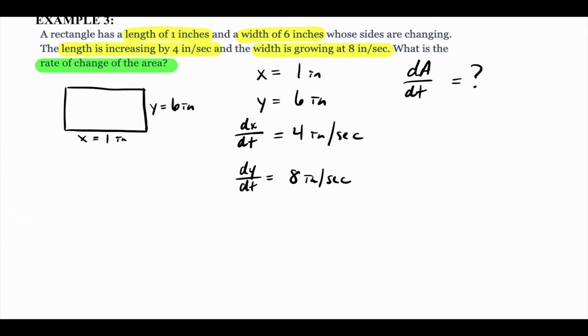So I have length and width, right? And I need to know about area. So which formula or which equation would give me that? There you go, right? So the formula that's going to give me that guy over there, dA over dt, is